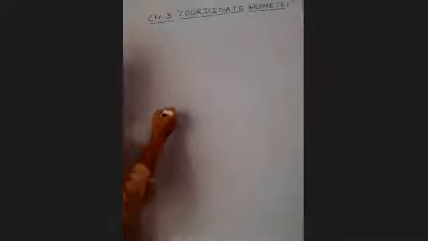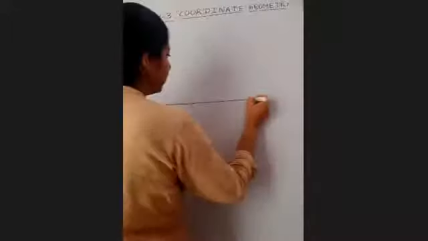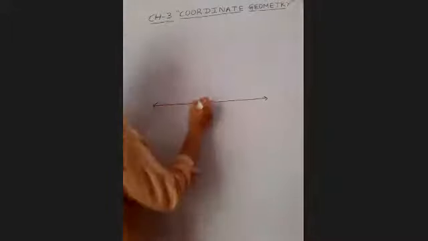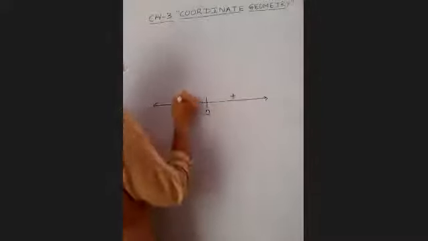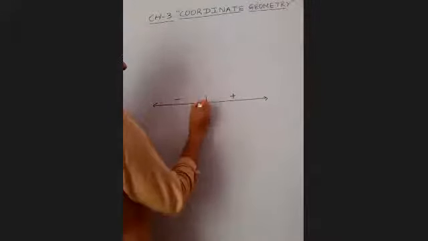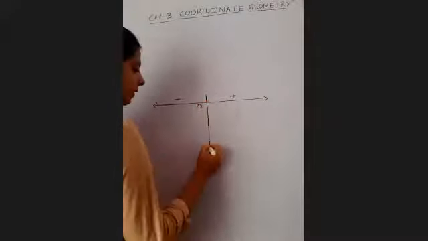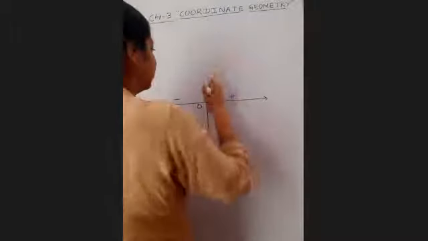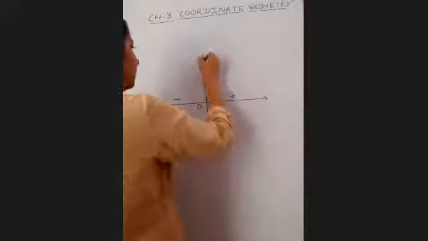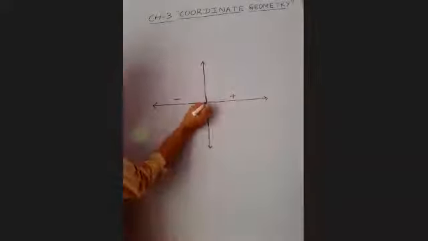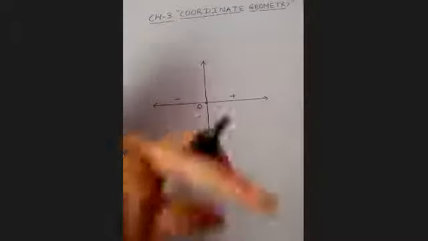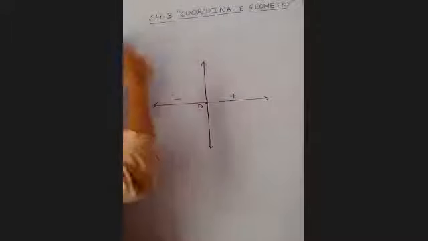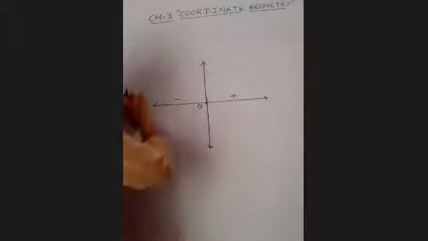We discussed that when a horizontal number line and a vertical number line are placed in such a manner that the zero of the horizontal falls over the zero of the vertical,